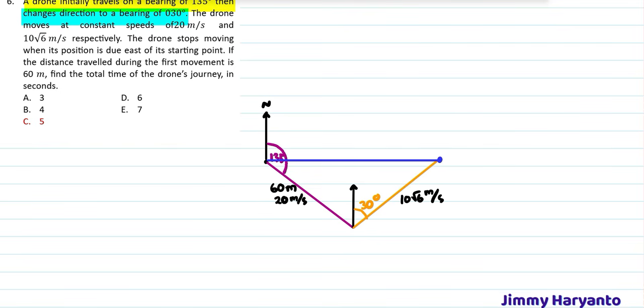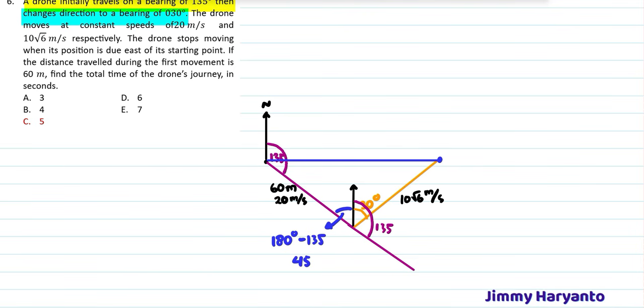And also I think we have to find the angle inside the triangle first. Okay, so to find it, I will extend this. So I will know that this one is 135. Okay, that means this one is 180. Take a look at this line. The sum of angles on a line is 180, right, minus 135. So I will have 45 for that one. It means this angle is 45.